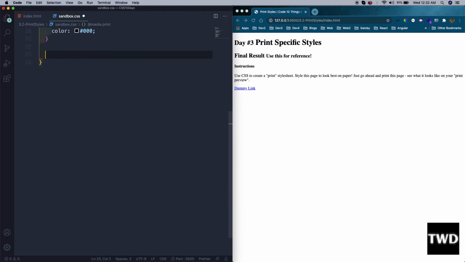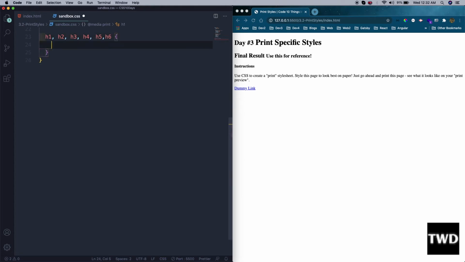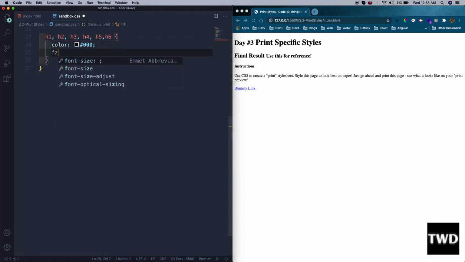We make some space, then after that h1, h2, h3, h4, h5. We don't have this many things, but we are making a general rule, so anything which someone gives a print preview will have this. Font size is 24pt, line height is 30pt, margin is 0,